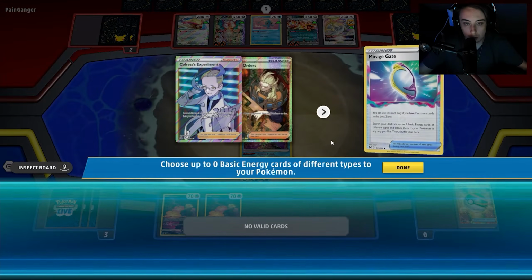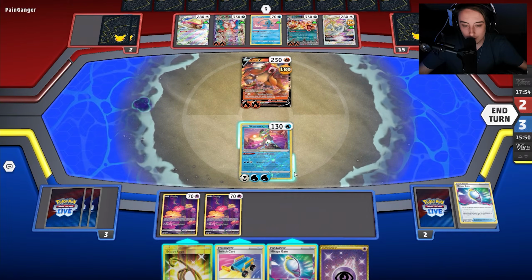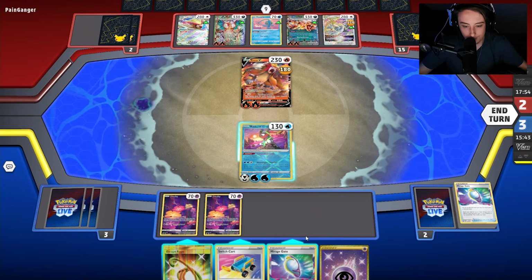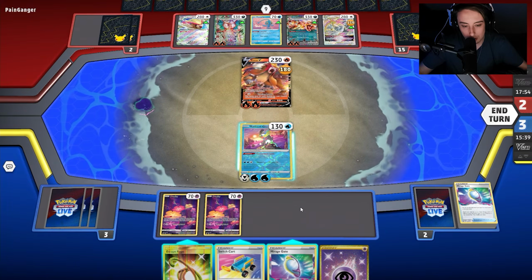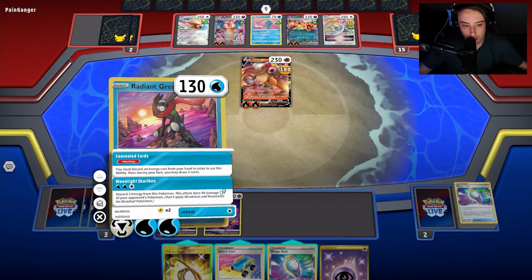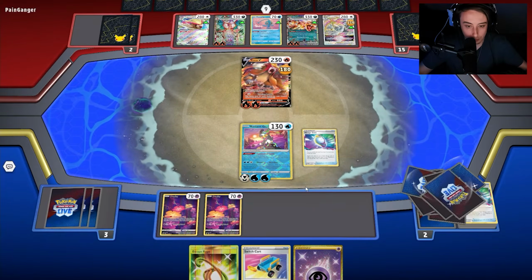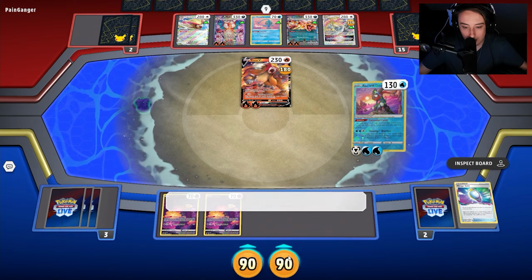We'll use a single Mirage Gate. And then from here, let's see. If I draw the boss, I just lose. I think that doing what I did kind of messed me up, but it's not the end of the world. We'll use the other Mirage Gate just to fail it, and then we'll use the Moonlight Shuriken, and I should